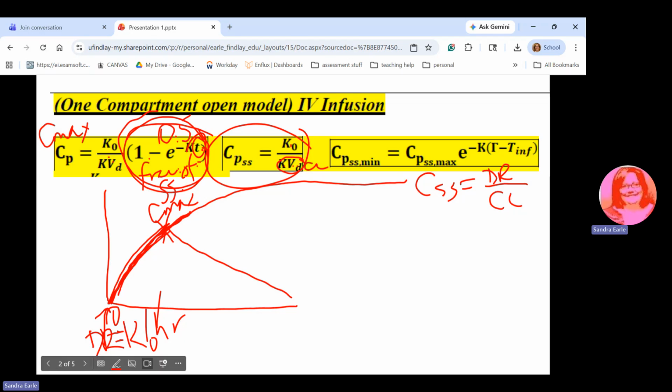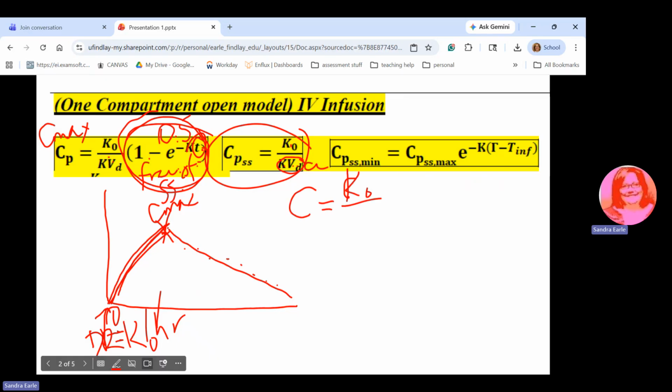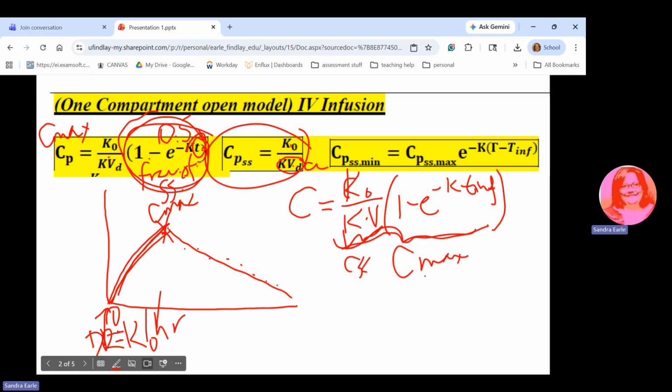Okay? And then, since we've stopped this drug right here, then we can determine any point along this line afterwards by then adding. So we start with C is equal to dose rate, or K0, I'll put that in, over K times V, times 1 minus e to the negative K times the time of infusion. That's going to give us this much, gives us this much, gives us Css. This much gives us our Cmax at the end of infusion,